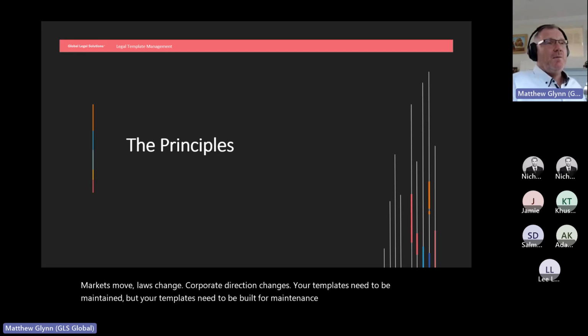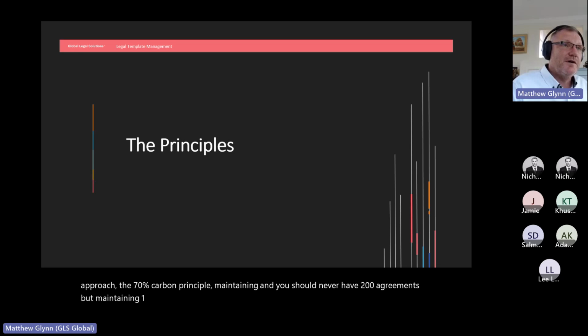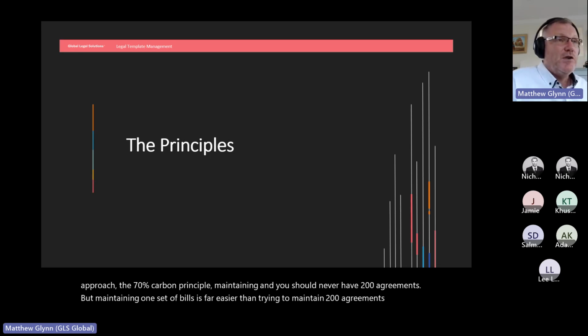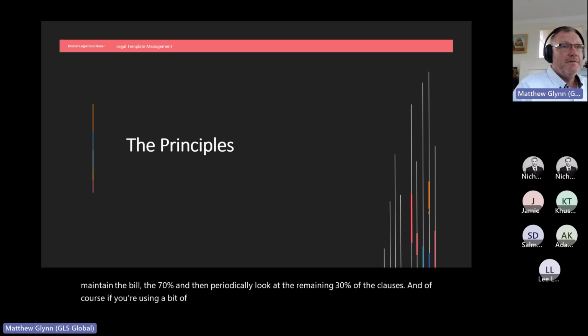If you take our build approach, the 70% carbon principle, you should never have 200 agreements, but maintaining one set of build is far easier than trying to maintain 200 agreements. Maintain the build, the 70%, and then periodically look at the remaining 30% of the clauses. And of course, if you're using a bit of legal technology, then that can be done in keystrokes.